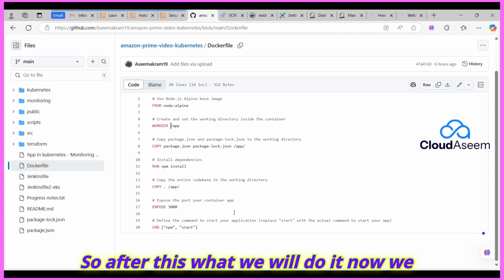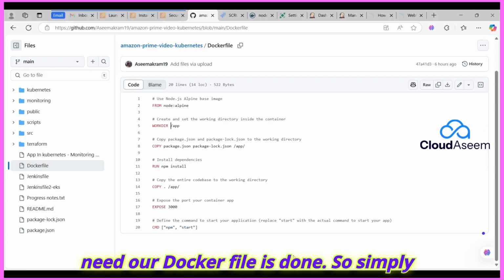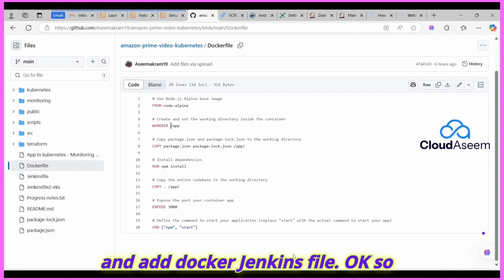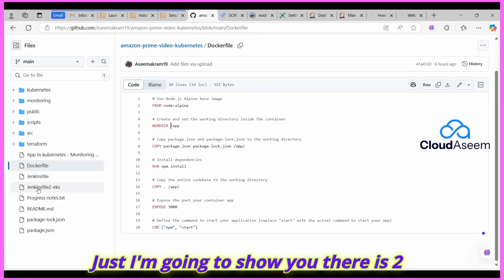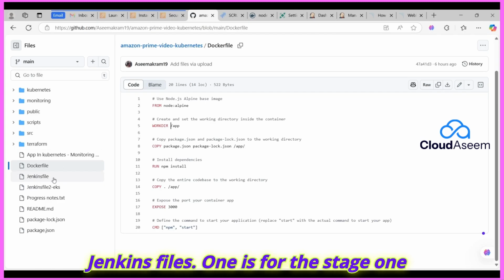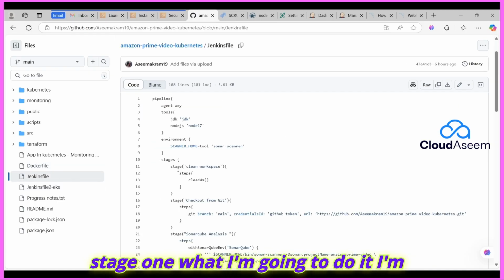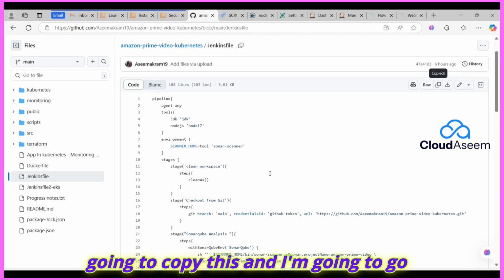So after this, the Dockerfile is done and everything is there. Now we just need to go and add the Jenkinsfile. The Jenkinsfiles are already written. Let me show you, there are two Jenkinsfiles: one for stage one, the second for stage two. For stage one, I'm going to copy this